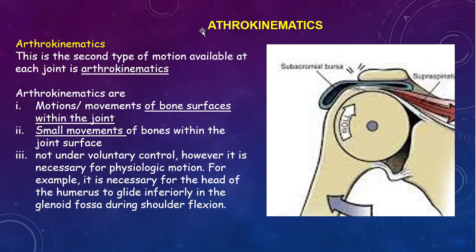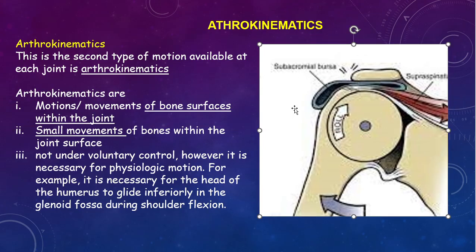Now we have to talk about arthrokinematics. Like the word arthrokinematic implies, arthro suggests joints. Kinematics is movements. So if you have a look at this diagram of arthrokinematics, where we discuss abduction, as the arm is elevated and lifted up away from the body, you also see the head of humerus rolling inside the joint. So that implies that it's not just the movement outside of the joint alone that take place. When we move different parts of the bone, there is also component movement that take place inside the joint. And that's what we call